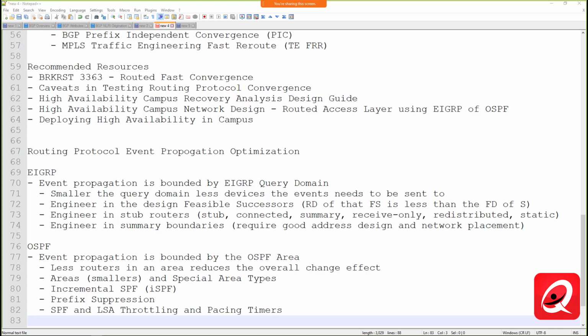It's actually something that kind of happens automatically. It's not really a very tunable feature within OSPF, but it's going to allow the routers within a similar area to only have to recalculate portions of the tree that are affected by whatever topology change